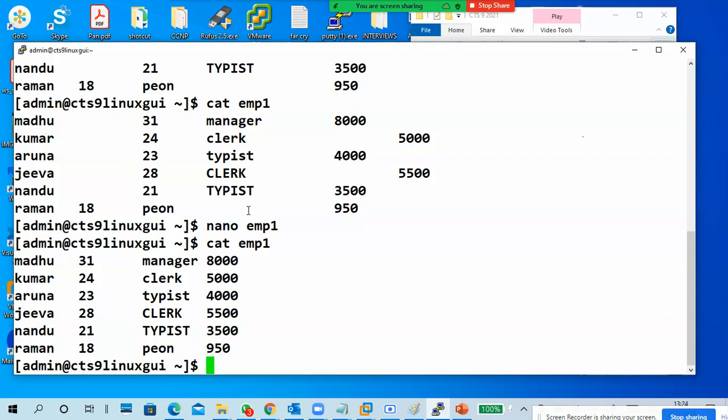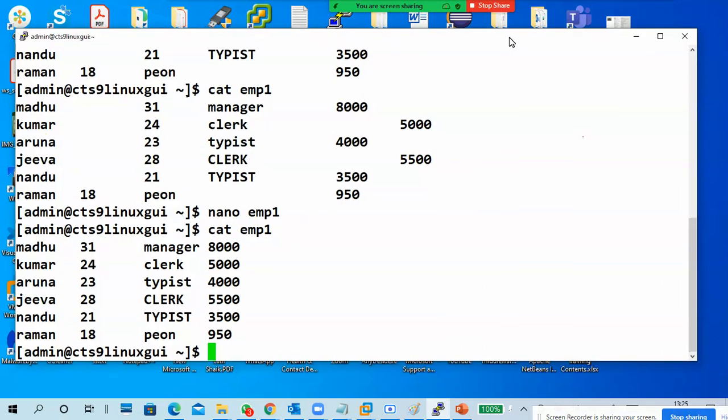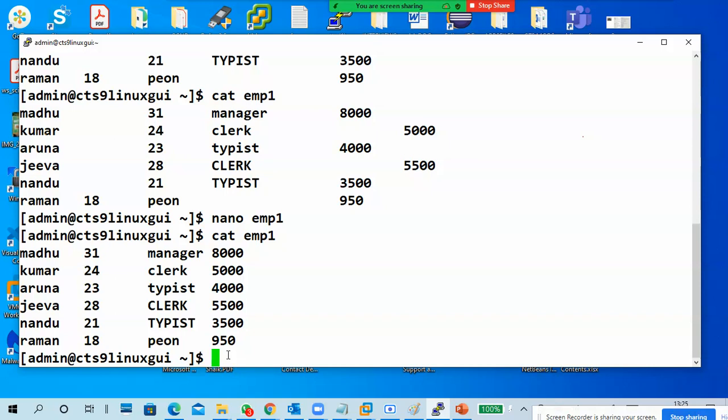Madhu sir created this data so many years back. Same data we are using. It is very useful. So this is cat. Guys, understand what I did? I took data and used nano to edit it, making it a first line, second line, third line, like rows and columns, like a table structure. Up to here, okay or not? Yes, sir.